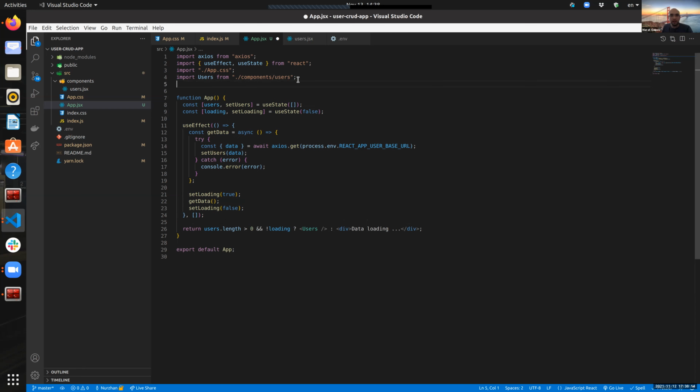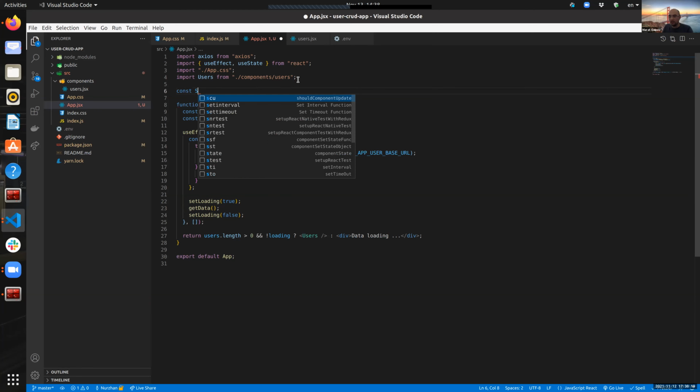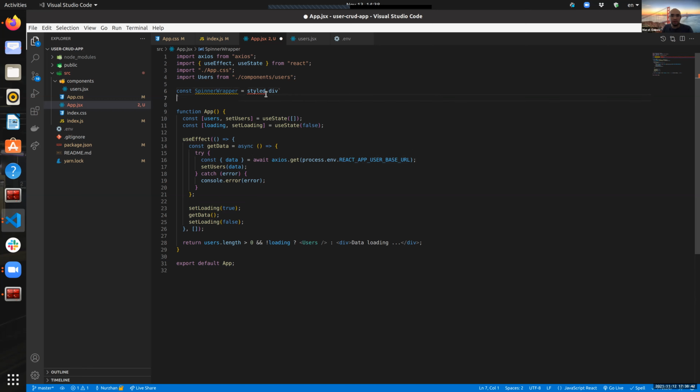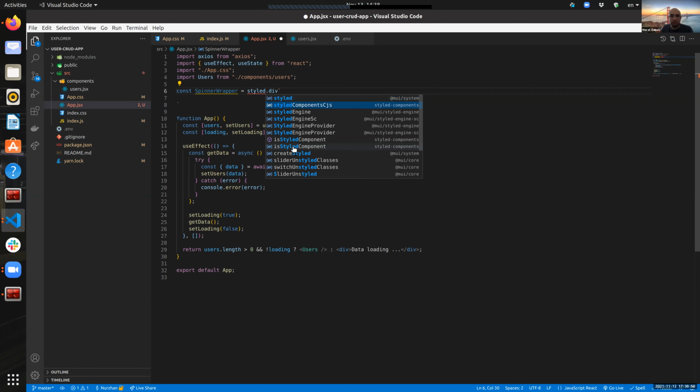So first of all, I need to create a wrapper for my spinner. I say const, I create a component. This is the first thing you're going to learn, a completely new thing. The previous one is a technique you learned already, right? But this is a new technology: styled components. I sent you a link, so in that link you can read about styled components. Styled components is a package which will allow you